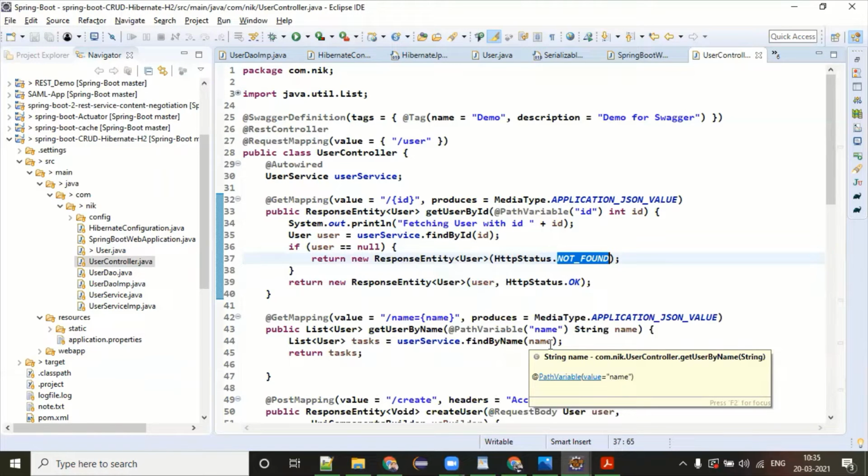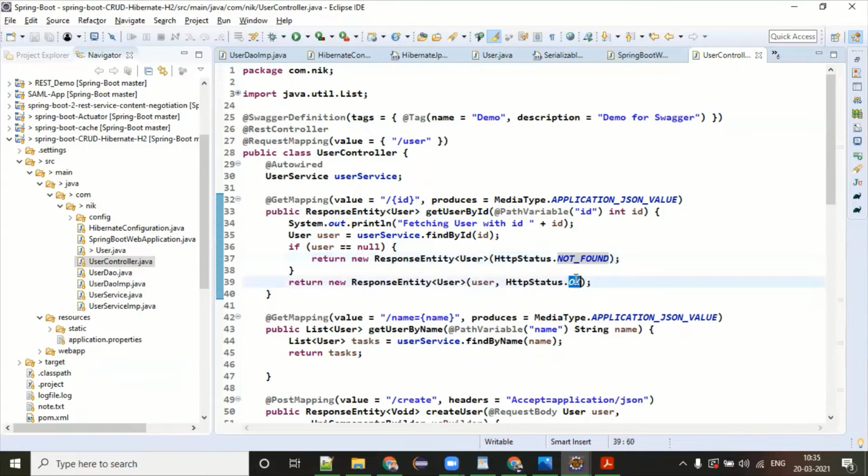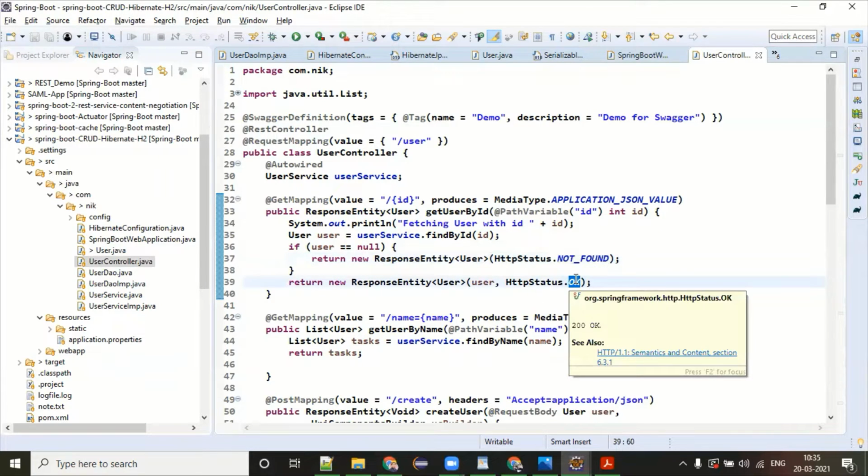So it is very important for a REST API developer to know the proper status codes and use them whenever you feel it's fine. If you are very confused about which status code to give in a scenario, then this is the all-rounder: HTTP status OK, which directly says that your call was a success.